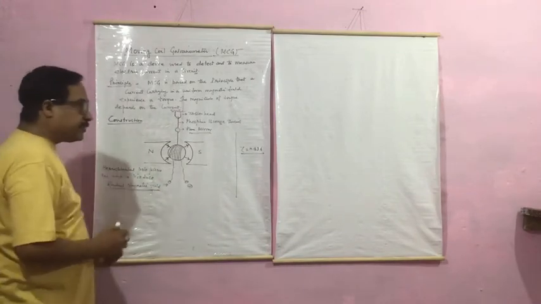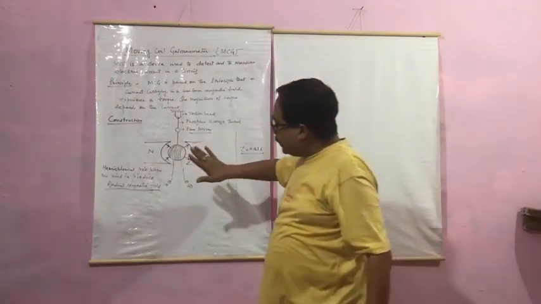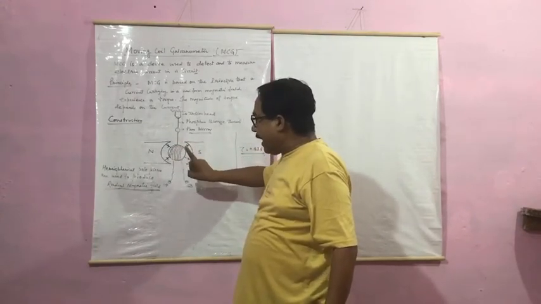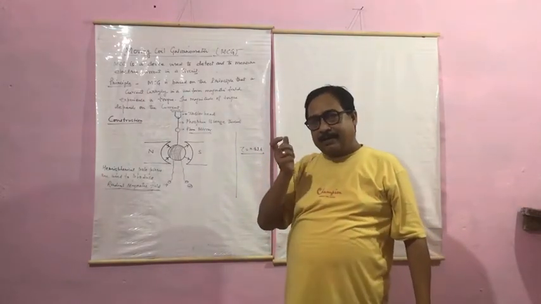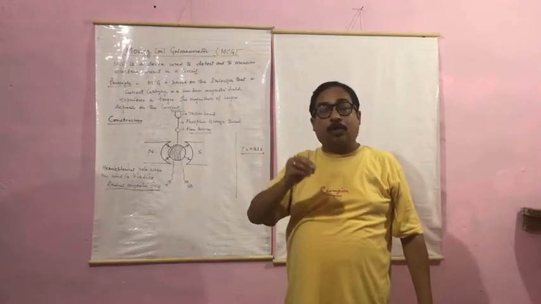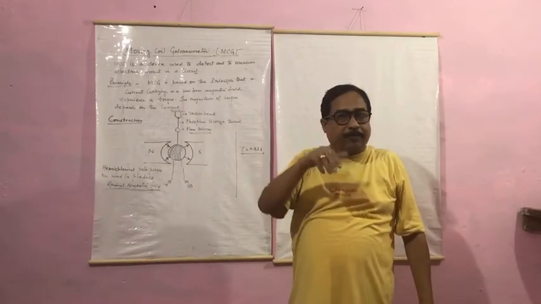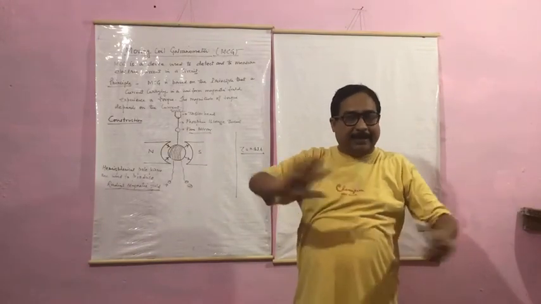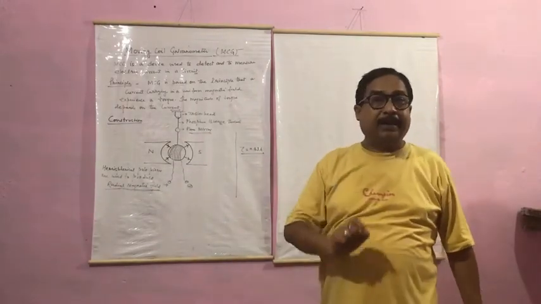And what is the importance of this radial magnetic field? The lines of force are entering the coil in such a way that the direction of magnetic field and the plane of the coil is such that the torque is always maximum for any orientation. So it makes no difference for the torque when the coil is rotating like this, or like this. So for any orientation, the torque is always maximum. This is the importance of radial magnetic field.